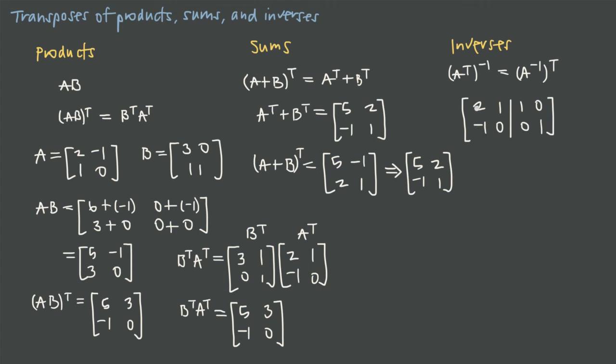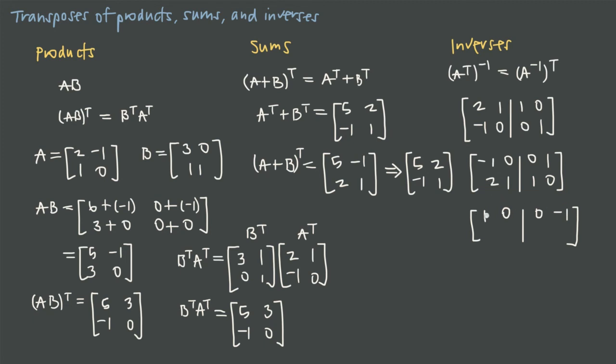If we go ahead and swap rows 1 and 2, we'll get negative 1, 0, and then 0, 1, 2, 1, 1, 0. Then if we multiply through the first row by a negative 1, we'll get 1, 0, 0, negative 1. And then in the second row, if we subtract 2 of this first row from the second row,